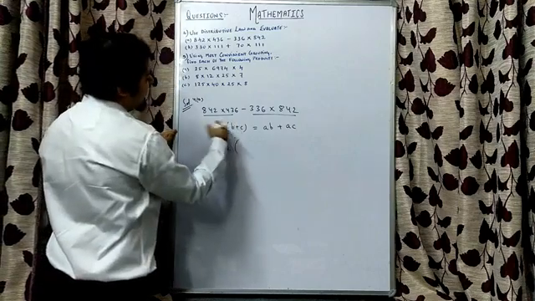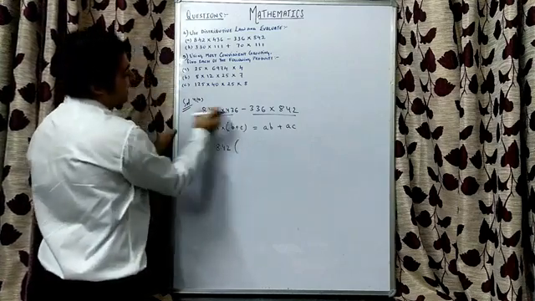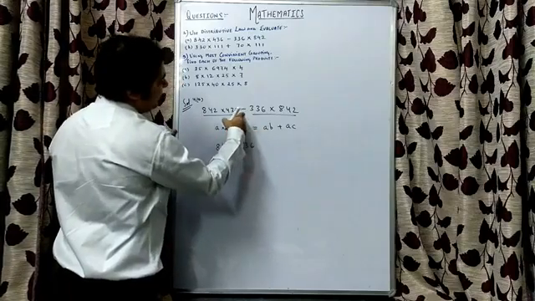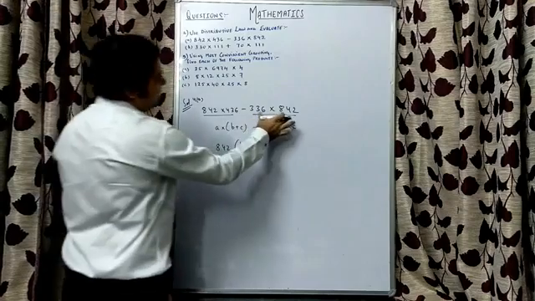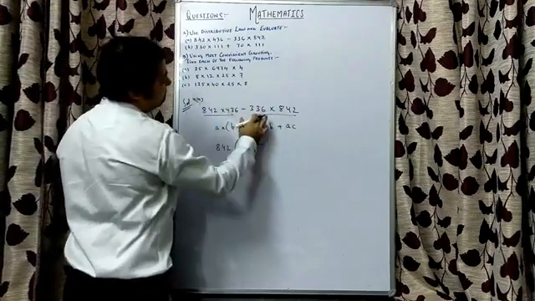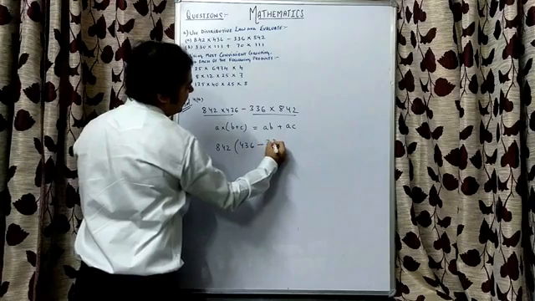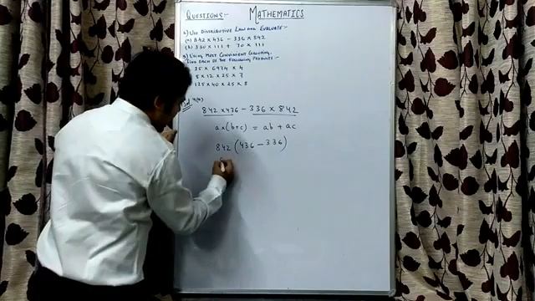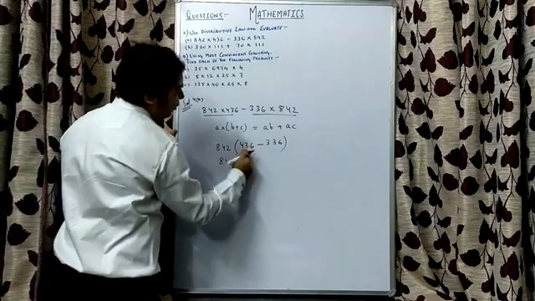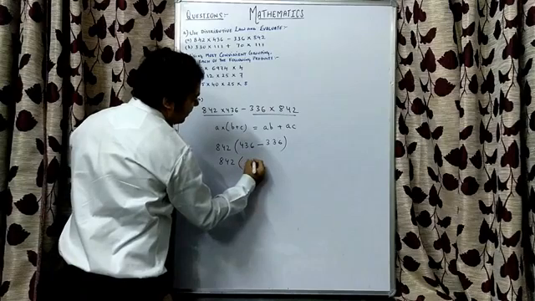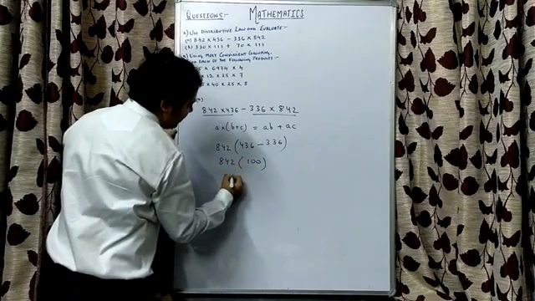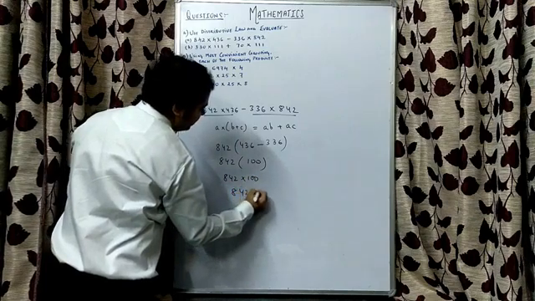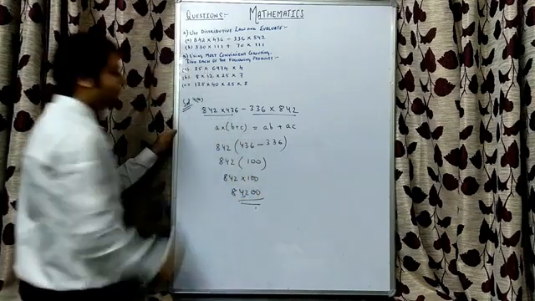Right? Then if 842 is taken out from this side, what is left? 436. In between there is minus sign, so I will put a minus sign. From these two, if 842 is gone out, what is left is 336. Right? BODMAS says solve bracket first. So 842 will remain as it is. 436 minus 336 will give me 100. This is 842 into 100, that is 84200, our answer.